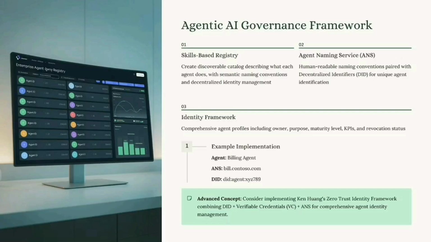You shouldn't have to say, what does agent 1234 do? I don't know. Isn't it obvious? It's 1234. Create something that makes sense to you. Come up with a system for naming your agent so you understand at a glance what this thing is doing or what it's a member of. I'd further suggest that you come up with something akin to blockchain, right? So you have something that is a cryptographically valid naming convention.